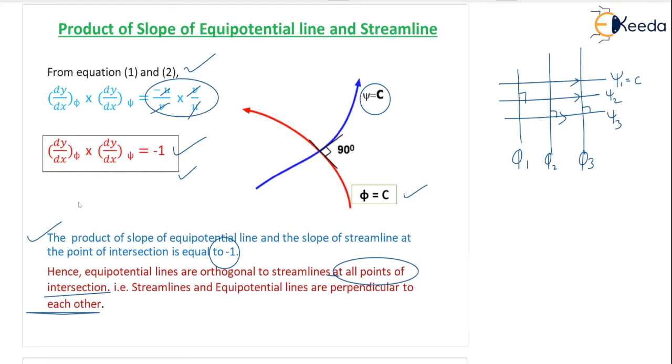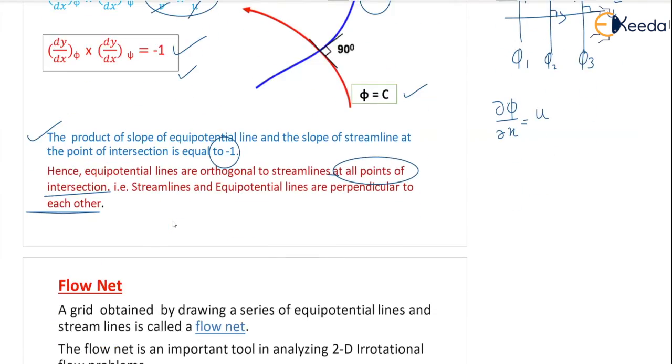Correct? So we are just substituting the value of phi and psi. Like a streamline, I told you, streamline or potential line is a scalar function of space and time such that its partial derivative with respect to any direction gives you the fluid velocity in that direction. So using this concept, we have replaced dou phi by dou x u in the previous equation, and for psi in a similar way, and we got this equation, that is dy by dx for phi and dy by dx for psi equal to -1. So these two lines are perpendicular to each other, and we are going to see the next slide related to this. Flow net.